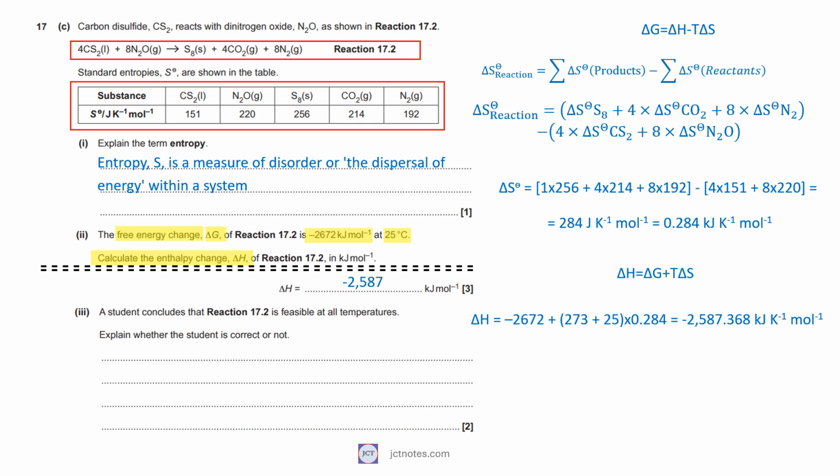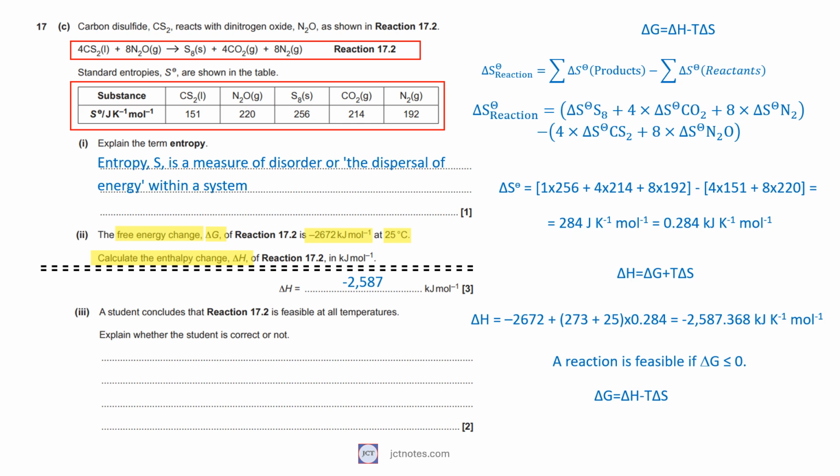-2587. In the third question, we are asked if the affirmation that reaction 17.2 is feasible at all temperatures is correct or not. A reaction is feasible if the change of free energy is negative or zero. The free energy is the difference between change of enthalpy minus the product of the absolute temperature and the change